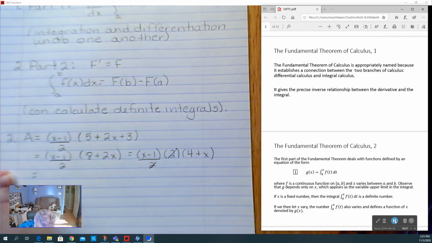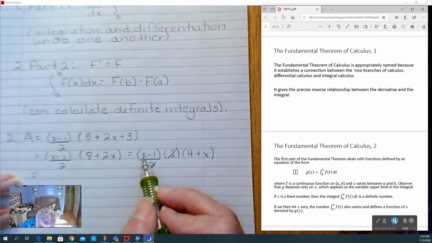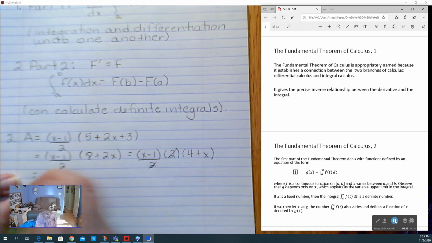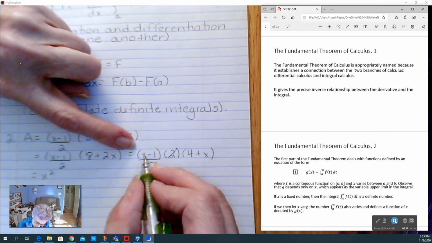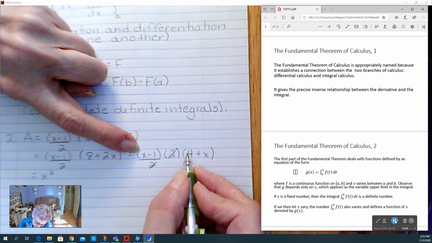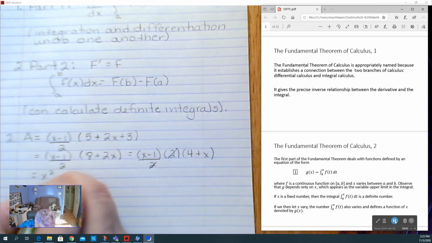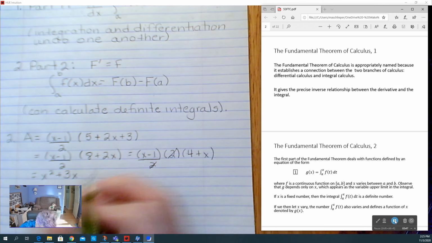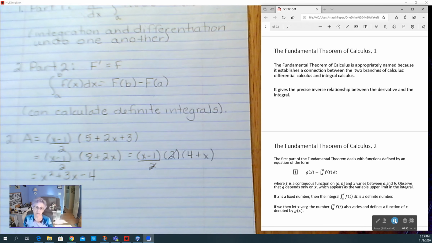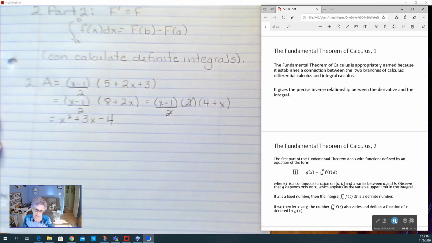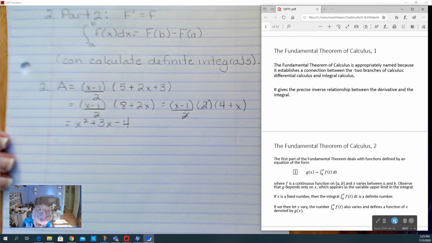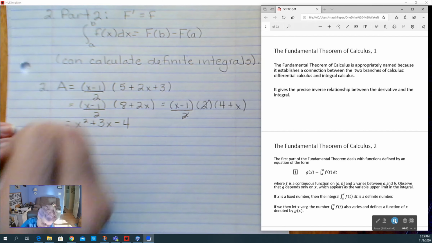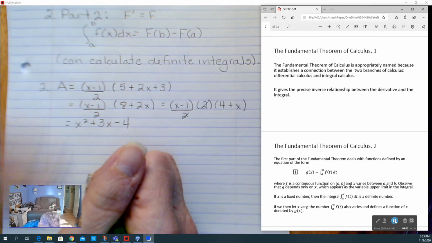And then I'll do first, outer, inner, last. Actually, I'm going to do outer first because I want x squared to be my first term. And then, let's see, first gives me 4x, last gives me minus x. And then inners gives me minus 4. Doesn't matter what order you do it in, you're going to end up with x squared plus 3x minus 4. So that would be my area function that tells me the area